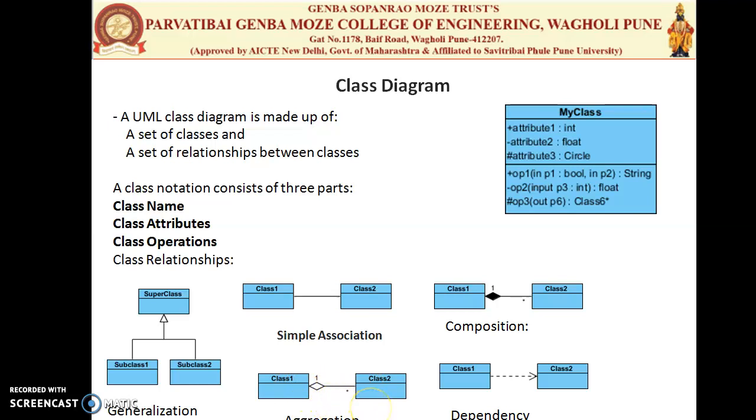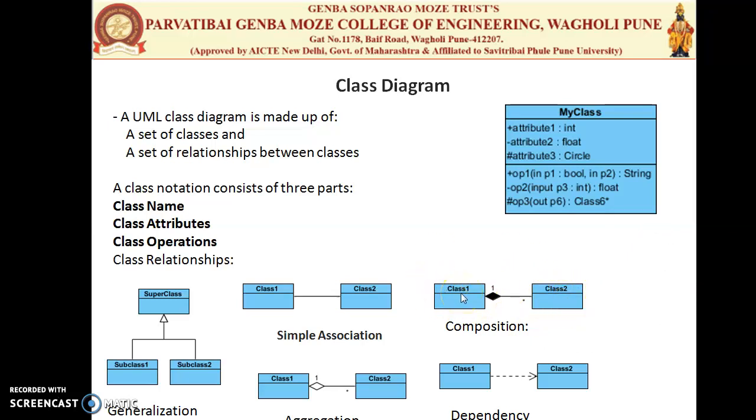The next one is the composition, which is a special type of aggregation where the parts are related to each other, and when the second class is destroyed, the first class will also be destroyed. That is, if the first class is destroyed, the second class will also be destroyed, because class 2 is totally dependent on class 1.